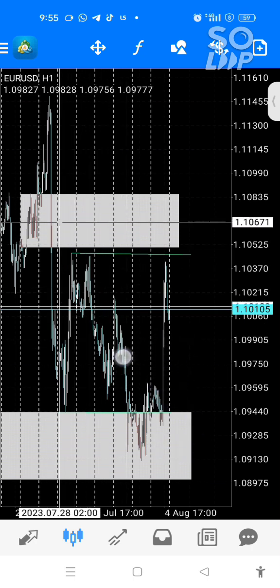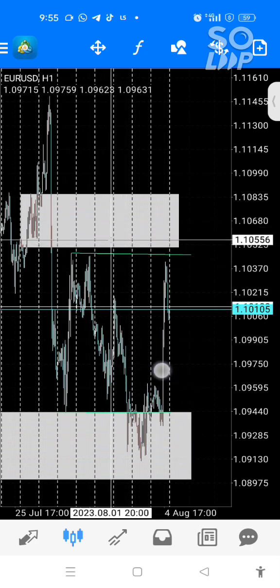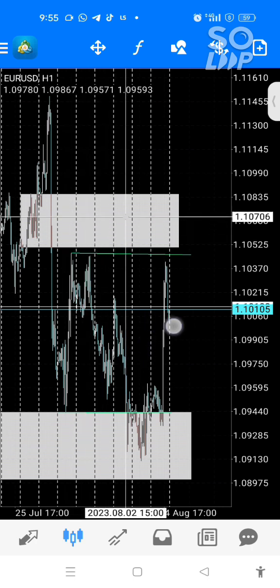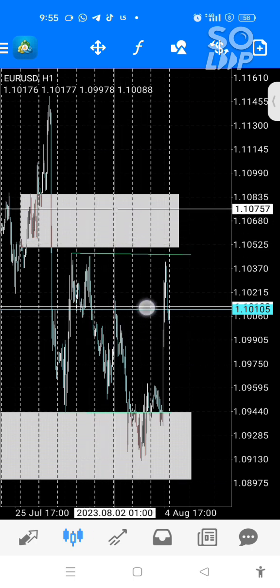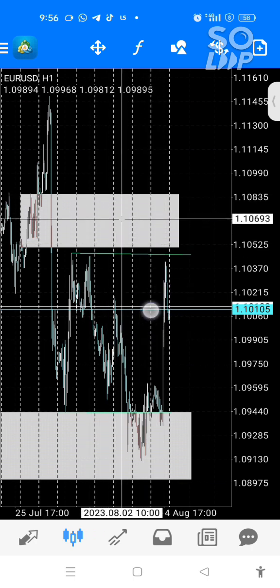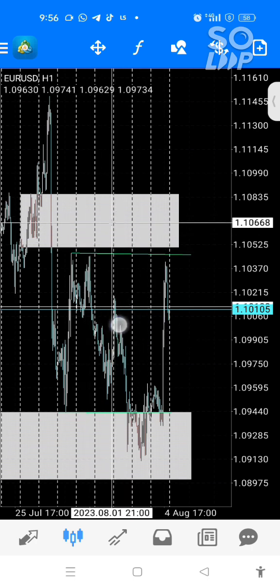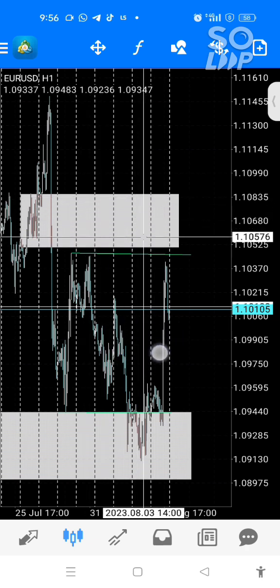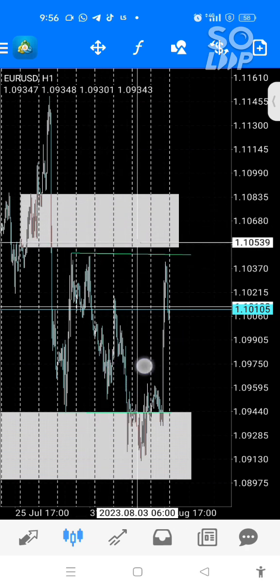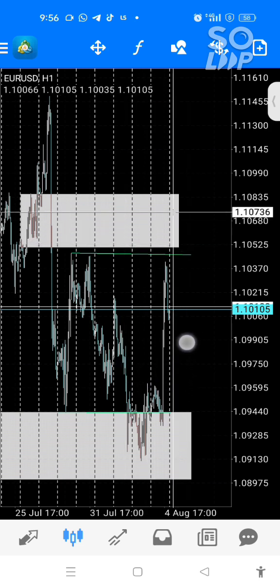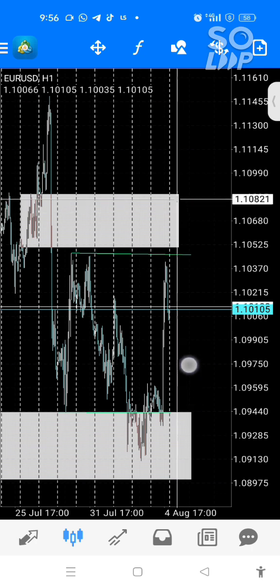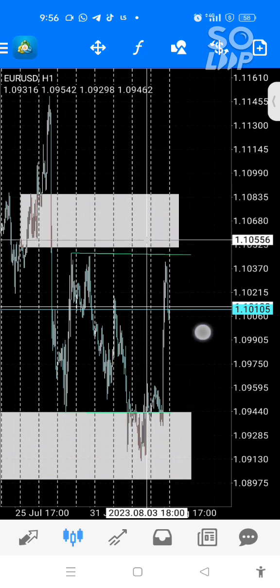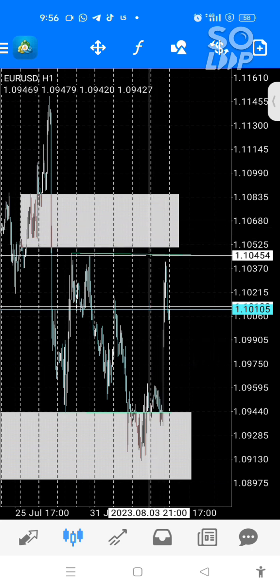That's because the pairs I trade the most are EURUSD, GU, and gold. So I promise you guys, one day or some other time, I'm going to do a lecture on indices, because indices have a different way of trading them, though it's the same concept, but they have their own timing in the market. You don't wake up in Asia and start trading indices. It doesn't work that way.